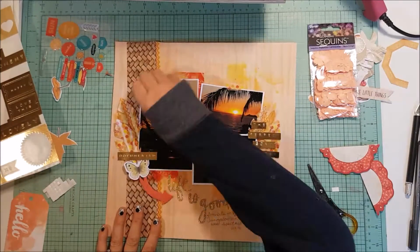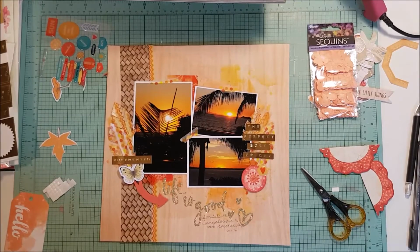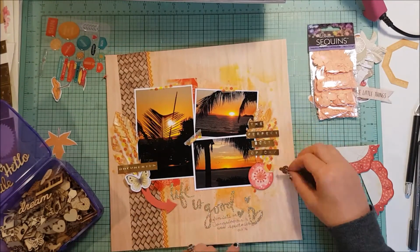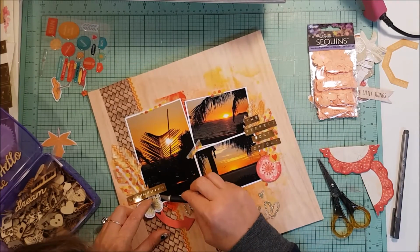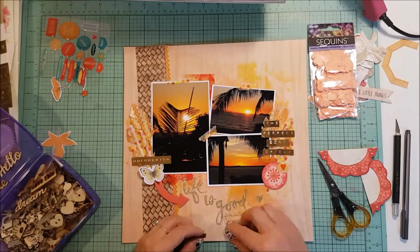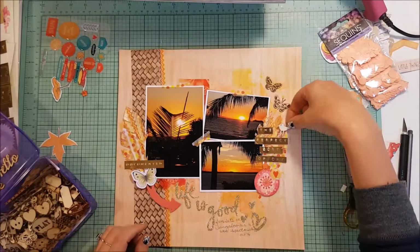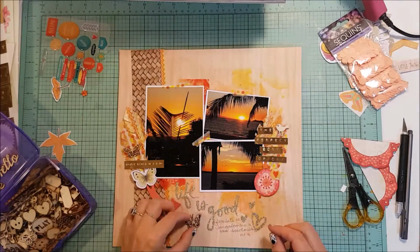Start to look really happy. Rubbing the fingerprints off, getting rid of the spider webs left by the hot glue gun. Out comes the wood veneer. Just the finishing touches now, so I'll put those down and that will pretty much be the end of it. So I put in a couple of butterflies and that little birdie that sits up there on the word stickers,